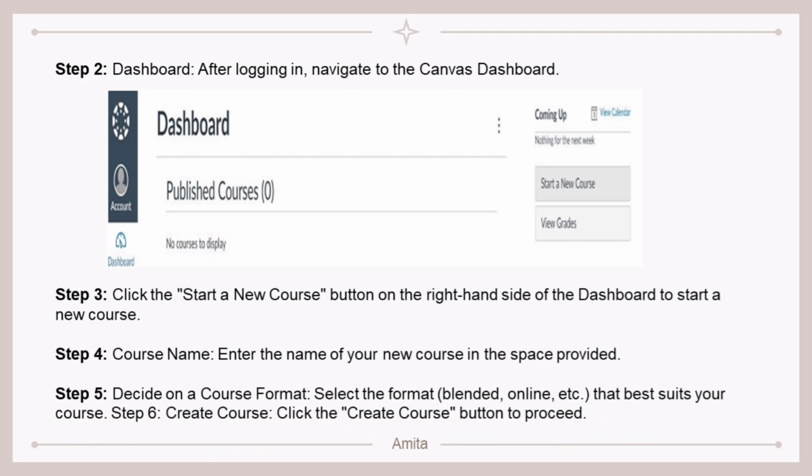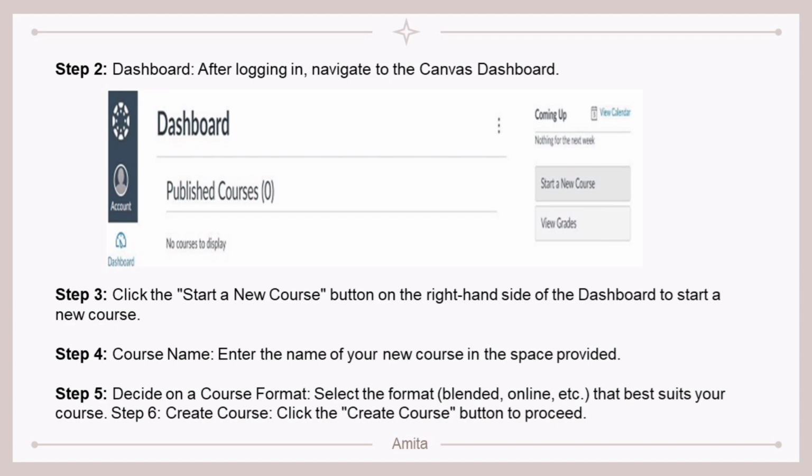And step 3, click on the Start a New Course button on the right hand side of the dashboard to start a new course. Then step 4, enter the new course name in the space provided. Step 5 is to select the format, blended or online, which suits your course best.